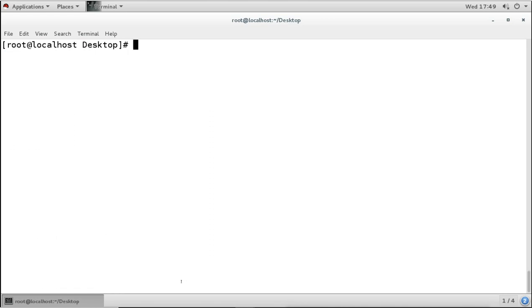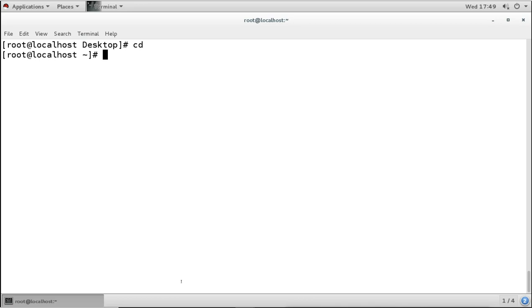Now we can do one more thing here. For using any command, we can use some wildcard characters also. A wildcard character is useful if you want to do something on multiple files together. For example, you want to list multiple files together, copy them together, move them, or delete them together. So you can use the wildcard character also.